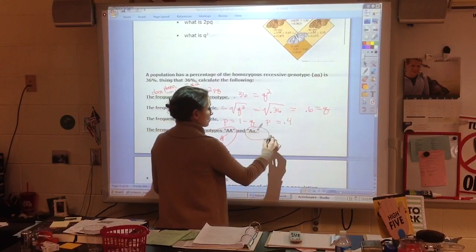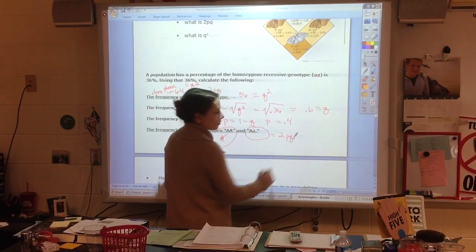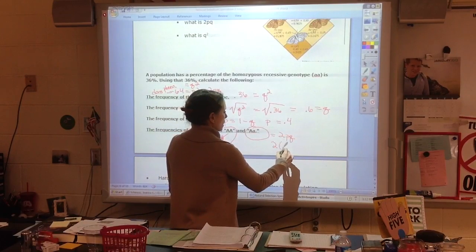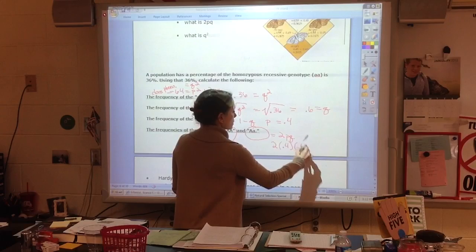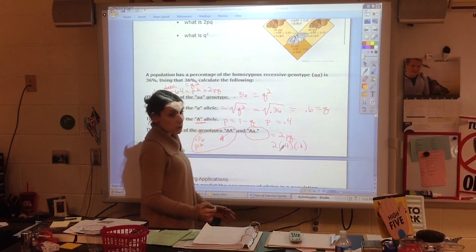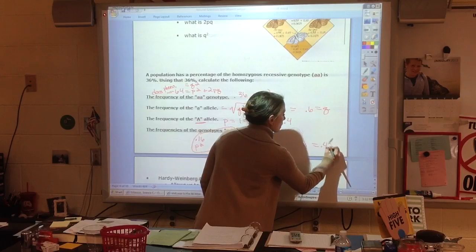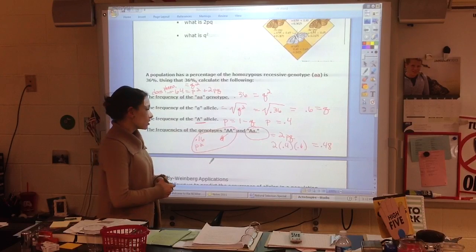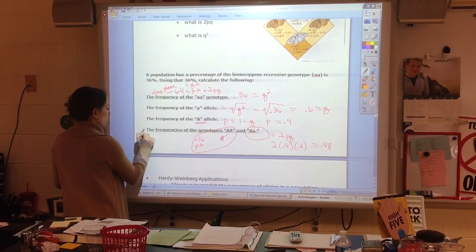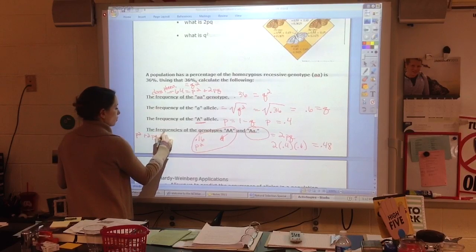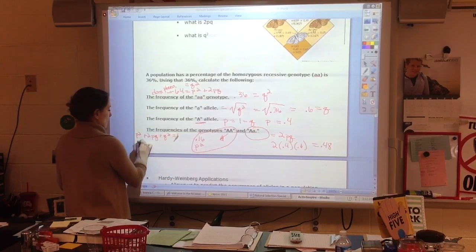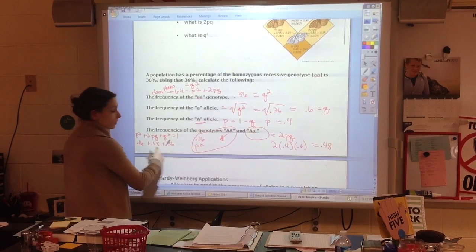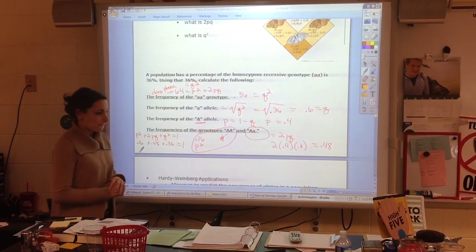My heterozygote is 2PQ. So that's 2 times 0.4 times 0.6. This together, 0.6 times 0.4 is 0.24, which doubled is 0.48. Now the best thing I can do is add these together, make sure they make 100. So we'll just check our math. P squared plus 2PQ plus Q squared should equal 1. And I've got 0.16 plus 0.48 plus 0.36. These together equal 0.52 plus 0.48 equals 1. So,